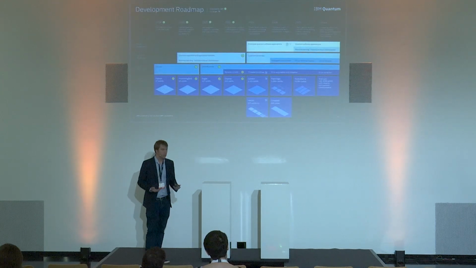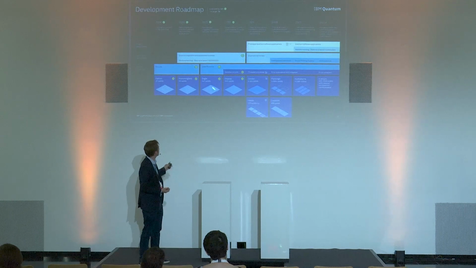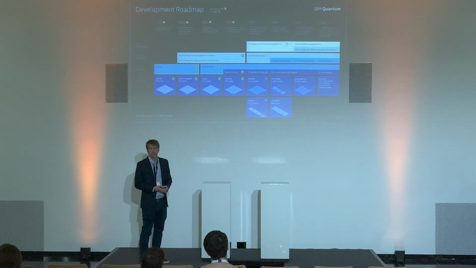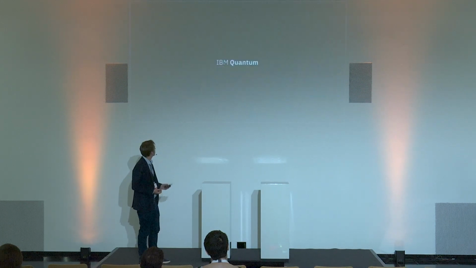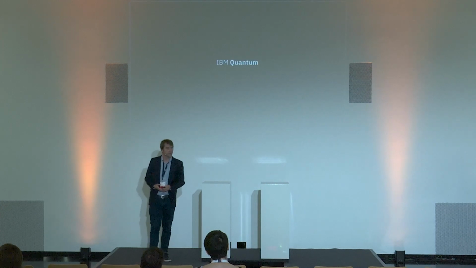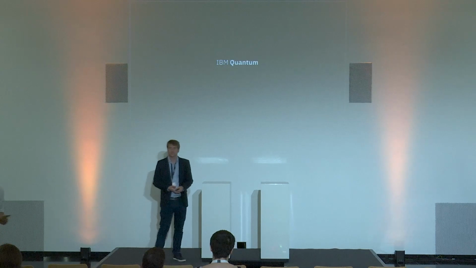So I'm arriving towards the end of this presentation. I just want to remind you once again of the roadmap that we have. It's not only about developing the hardware, we also need to develop the whole software stack that sits on top of it to define the different abstraction levels, the primitives, and then see how to use them in order to get an advantage out of this particular hardware. And so with that, I'm more or less at the end, and I think this leaves us also plenty of time for questions. Thank you very much.